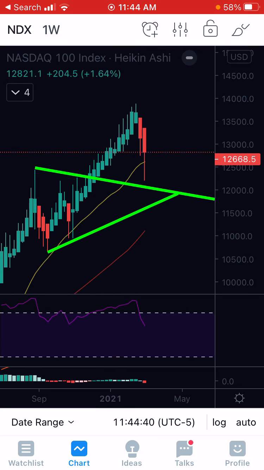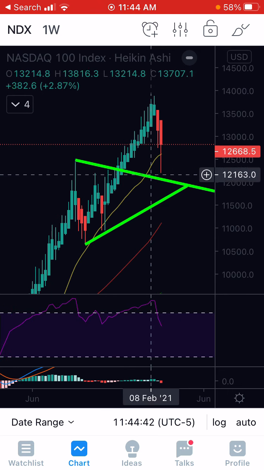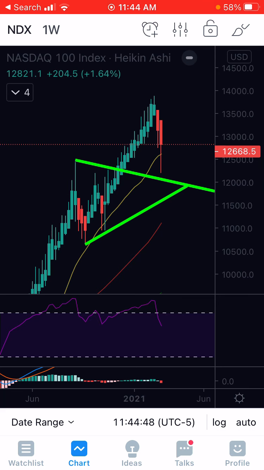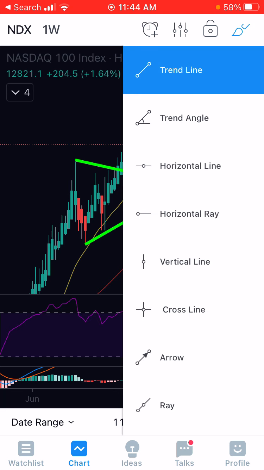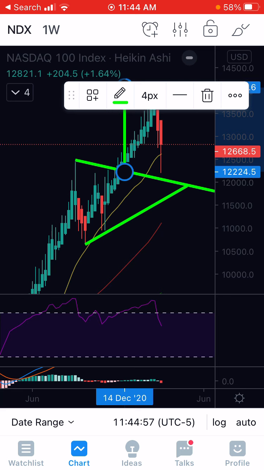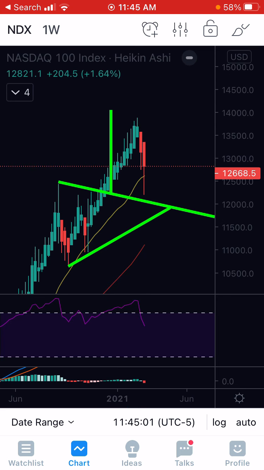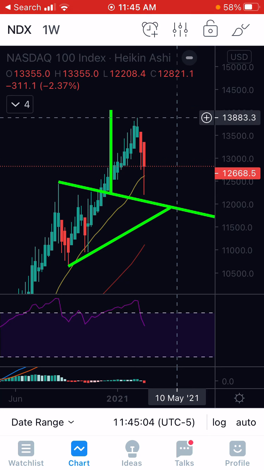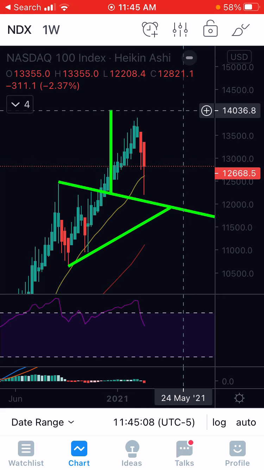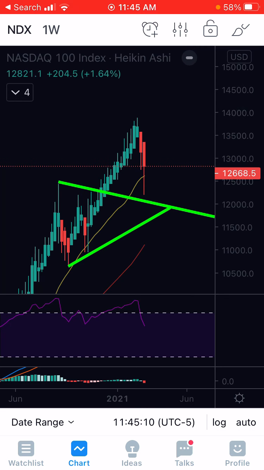So what are we doing? Potentially, we're coming back down here to retest this pattern support here, which we almost touched, which we still could come down a little bit lower if we wanted to. What was the breakout of this pennant? The breakout of this pennant here was almost perfect, right? 13,833. 14,000 was the breakout target.